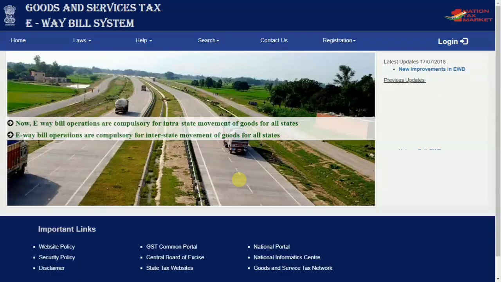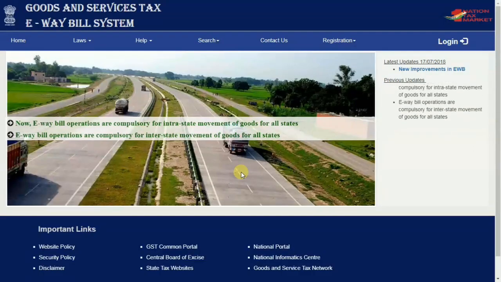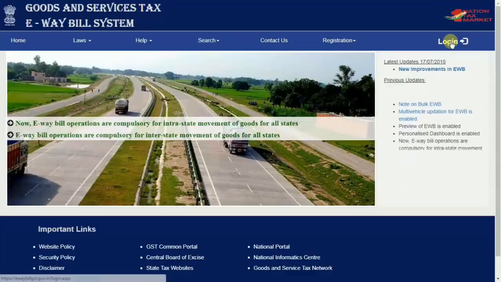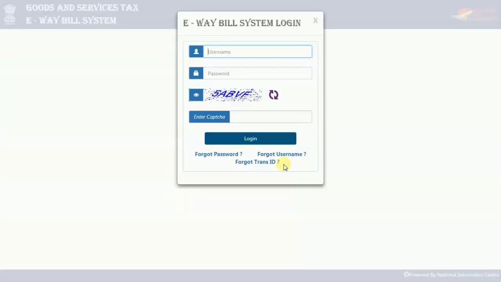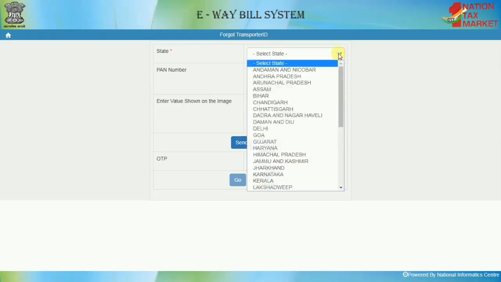E-way bill system also provides a facility to transporter for retrieving his transporter ID in case he has forgotten or lost his e-way bill login transporter ID. For using this feature, once the transporter opens the e-way bill URL, he has to click on Login option provided on the home page and has to click on Forgot Trans ID option provided in the login screen. The system will then redirect the transporter to the Forgot Transporter ID page, where he has to select his state,